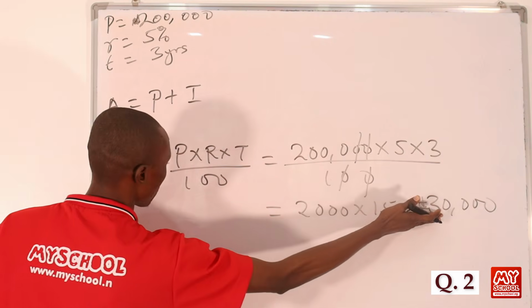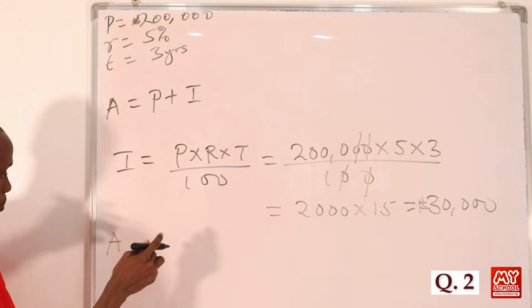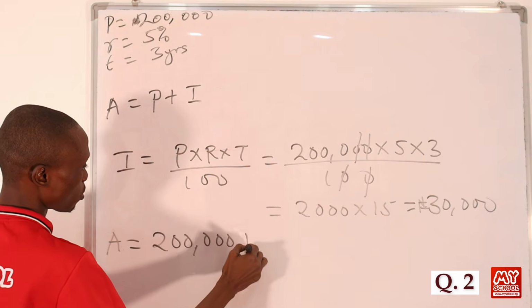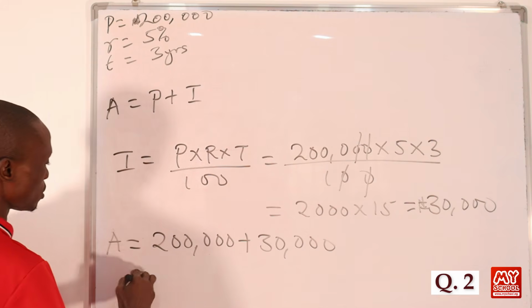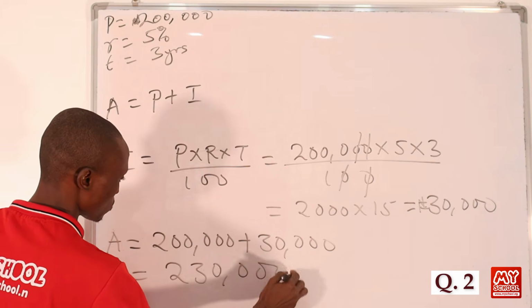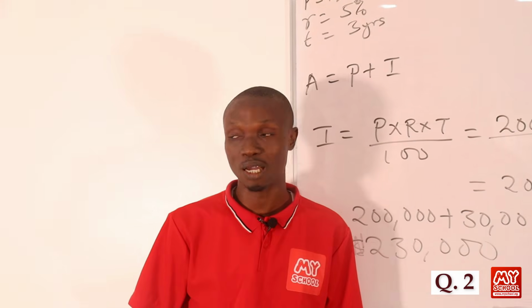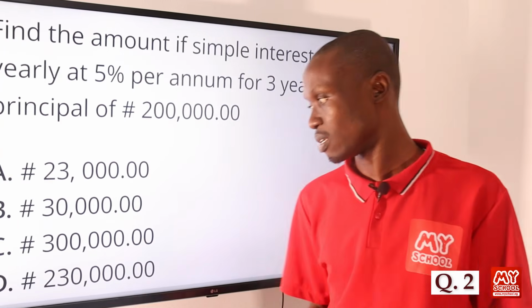We just add the interest that we have calculated to the principal that is given to us in the question, and that will give us the amount. So here we'll be having 200,000 naira plus 30,000 naira from the interest. So that at the end of the day, the amount becomes 230,000 naira. Let's return back to the screen to pick the correct answer to this question, and that is option D,